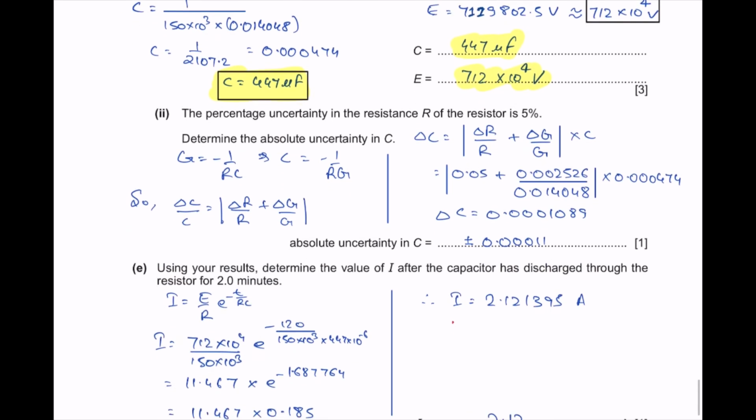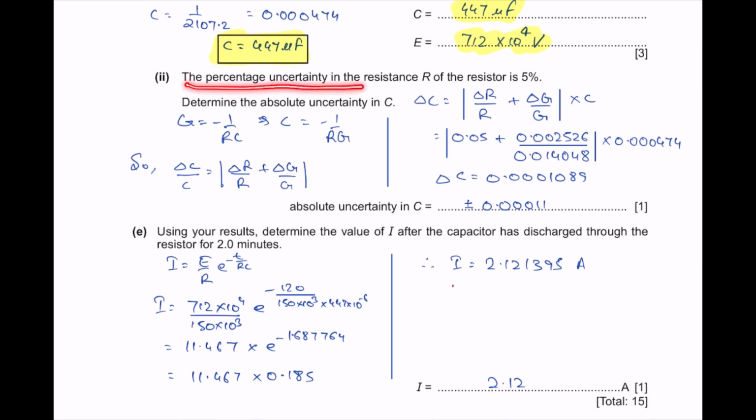Now the second part: here the percentage uncertainty in the resistance R is 5%. Determine the absolute uncertainty in C. So G, that is the gradient, equals minus 1 upon RC. So C will be equal to minus 1 upon RG. Now for C, delta C by C equals delta R by R plus delta G by G. Now delta C equals delta R by R plus delta G by G, into C. So delta R by R is given as 5%, so 0.05, plus delta G